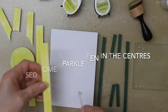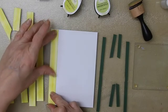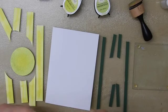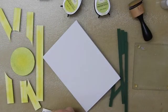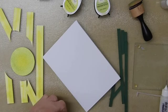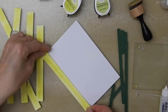In order for this to work, I need to put this on the precise left hand side edge of the piece of card, and the easiest way of doing that is to put the card up that way and make sure that the piece of watercolour paper goes exactly where it should do. I'm just going to put some of my acrylic varnish on here that I like to use for a glue because it's handy in that container to do very thin lines. So that one is my very left piece,